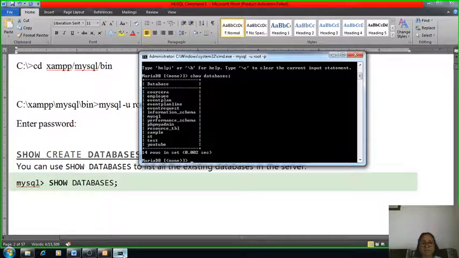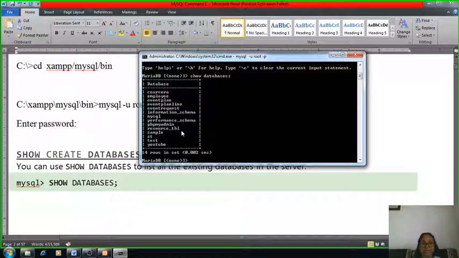The same type of database you cannot create twice. So how many databases are there? Coursera one database is there, employees, event plan, event plan line, event request, information schema, mysql, performance schema, phpmyadmin, resource table. These are the different databases. I have already done a lot of practicals in this, so these databases were created at that time. So show databases displays all the databases that already exist inside your MySQL.